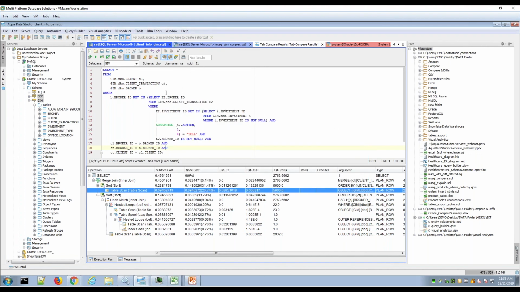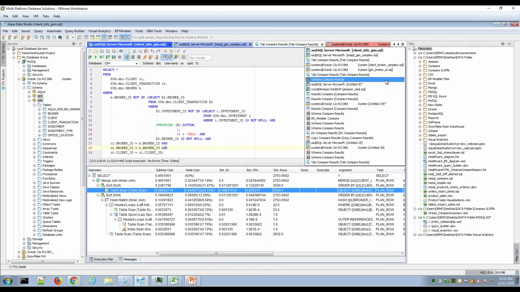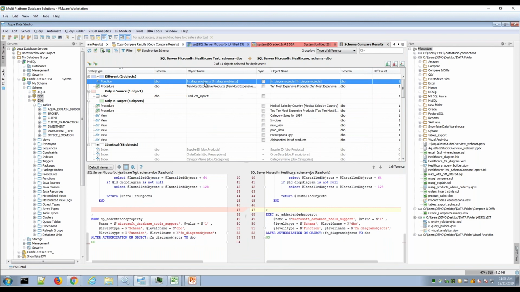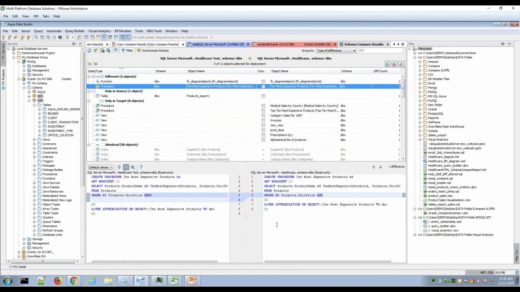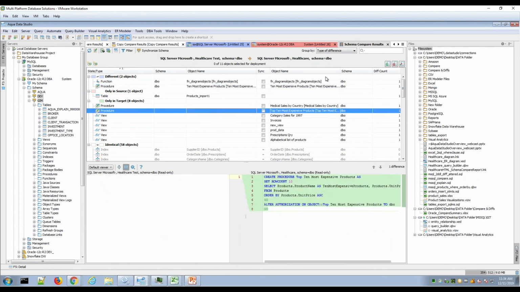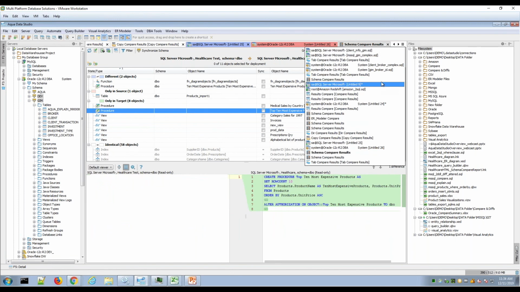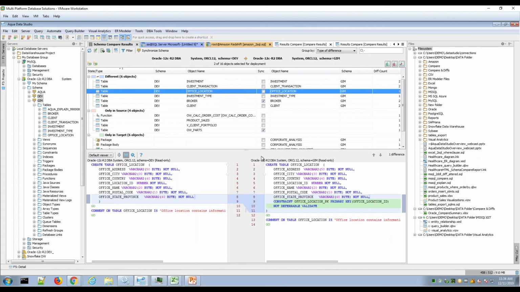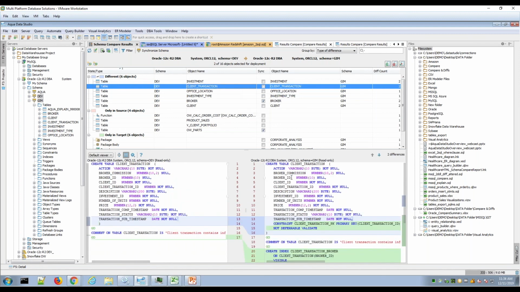Okay, so similar to that is what we see in the bottom portion of the Schema Compare, right? If I go back to the Schema Compare that we had executed, here's the Schema Compare in SQL Server I just executed. As I highlight a piece of code, I see that side-by-side comparison, right? And so, very helpful. You'll get familiar with how to do these comparisons, and then other bells and whistles that